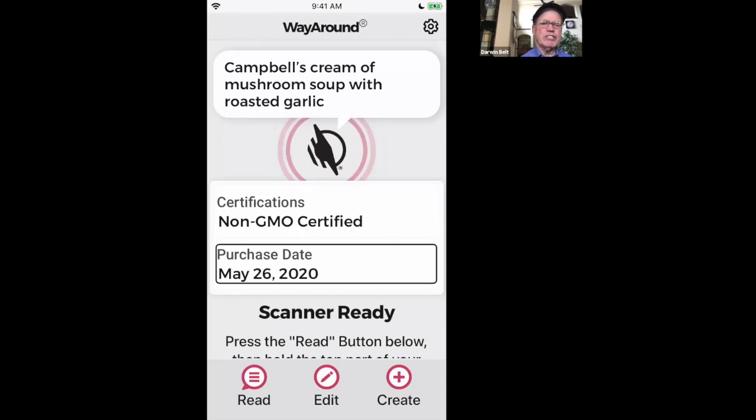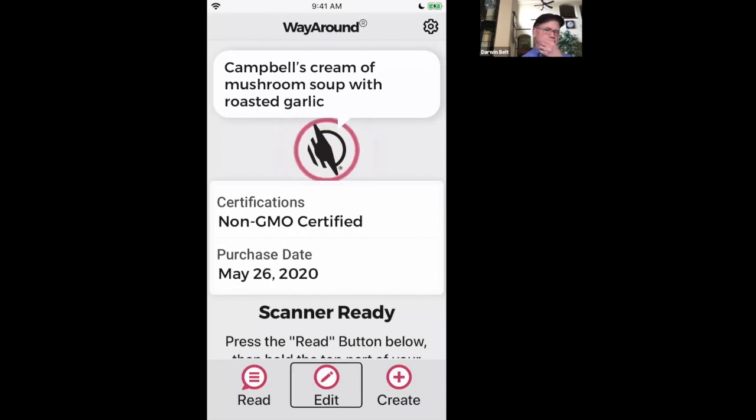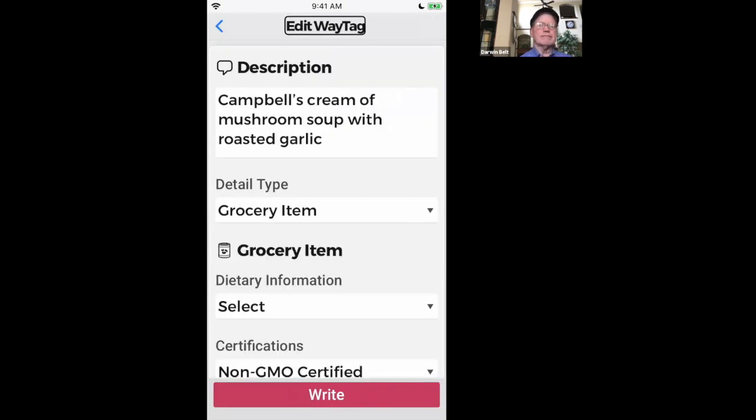So just go to the edit button and double click. Edit button. Edit WayTag, heading level 1, and banner. You can see all the information is still there. But what we want to do now is add the URL to get to this very specific product. So swipe down to the custom links. And Darwin, I'm going to go a little bit quickly to swipe down just so we can get there, but I will pause long enough so that people can hear that